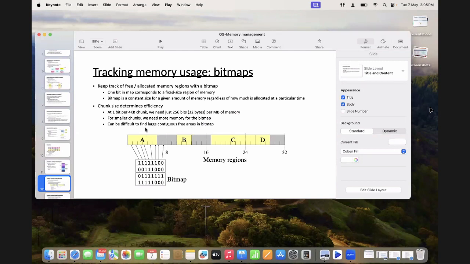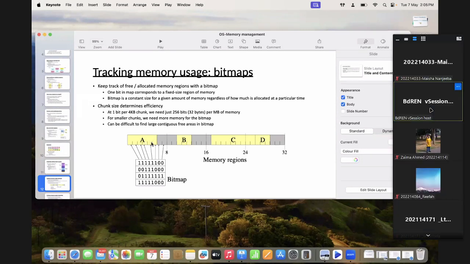Now how this bitmap works is, whatever this memory is, we are dividing it into 4 KB chunks, 4 KB blocks basically. Now let's say process A needs something like 1, 2, 3, 4, 5, 6 blocks, so 24 KB of memory. We can allot these 4 KBs continuously. The rest, which remains, normally it goes in 8, 16, 24, so the rest are all assigned 0.